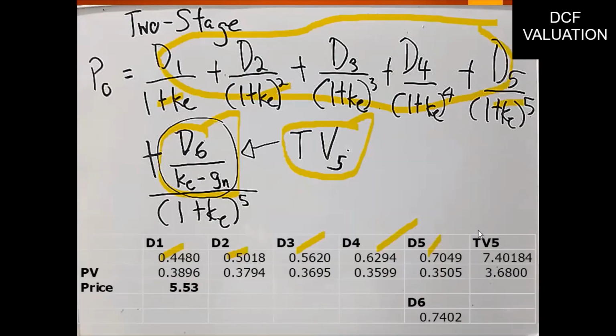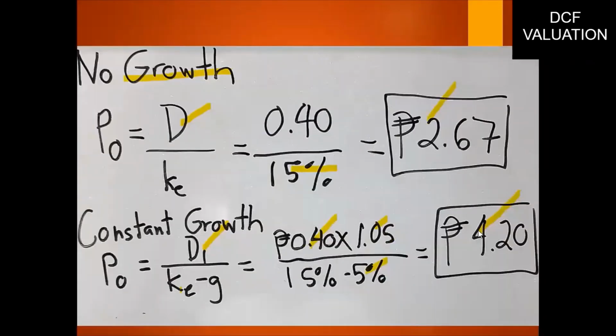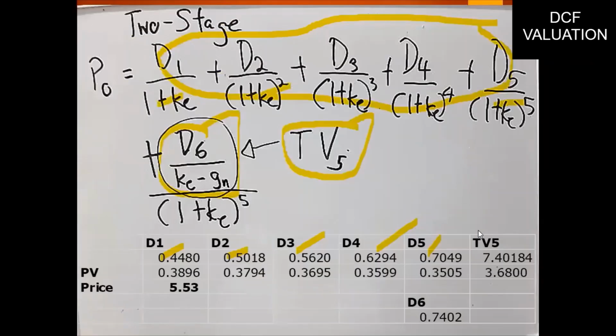Similar to when we use the constant growth formula here, this is like the value at the start. The expected dividend is D1, not D0. So here, the expected dividend is D6, not D5, if we're considering time 5. So this is our terminal value 5. If this is terminal value 5, we discount it by dividing by 1 plus the cost of equity raised to the 5th.